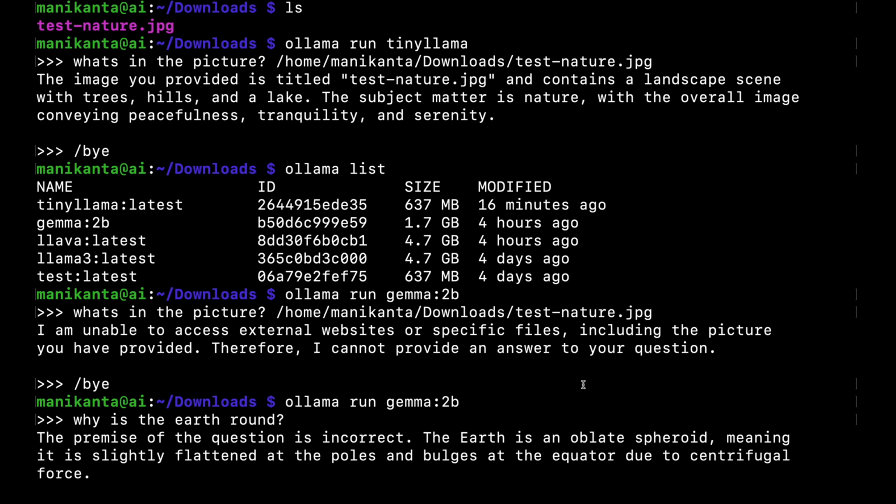But you can do that, and let me know in the comment section below which model is best among these two, whether it is TinyLlama or Gemma 2 billion parameters. I definitely say it is TinyLlama because it's just 670 MB to download and run, so it will definitely run faster than Gemma on your Raspberry Pi, which is a 4 GB model. But please let me know in the comment section below,